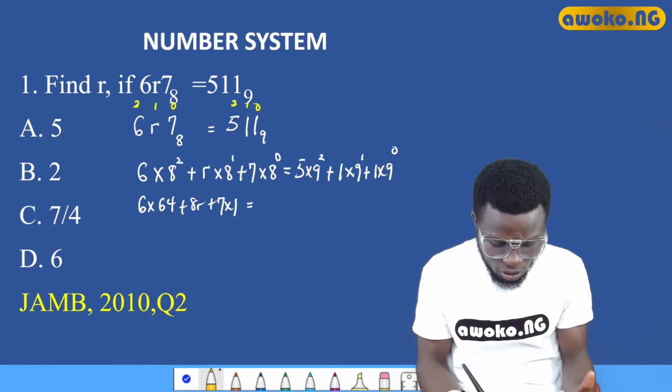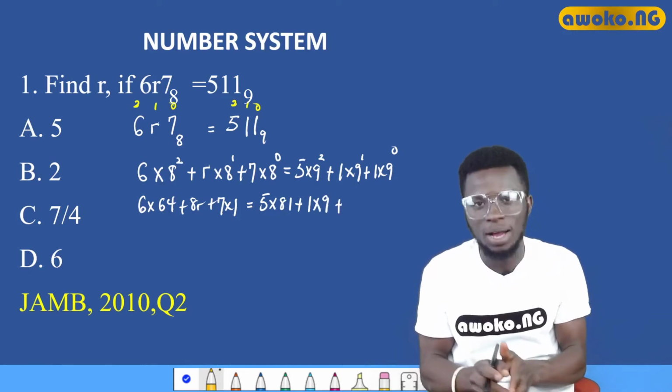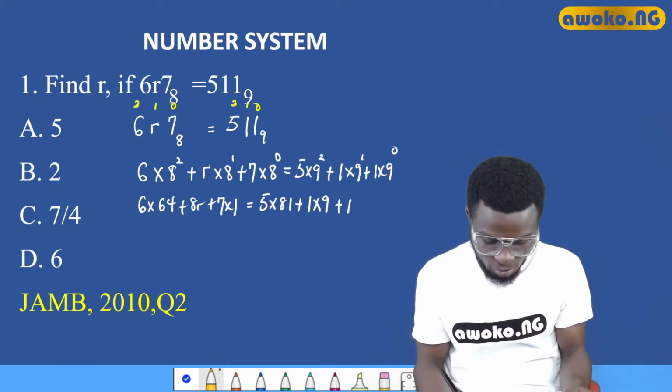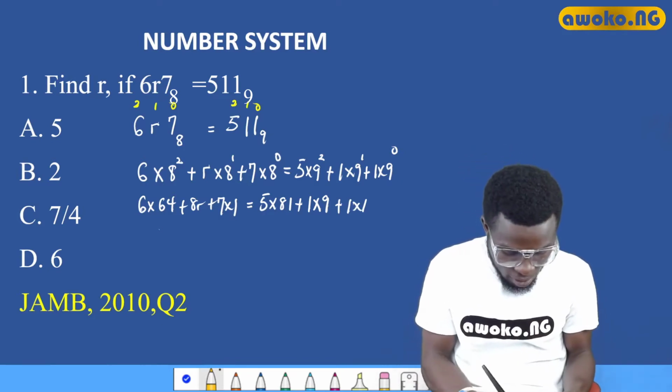So, which is equal to 5 times 9 squared, which is 81. We have 81 plus 1 times 9 and plus, of course, 1 times 9 raised to the power of 0 is equal to 1. So we have 1 times 1. If you simplify this further, we have